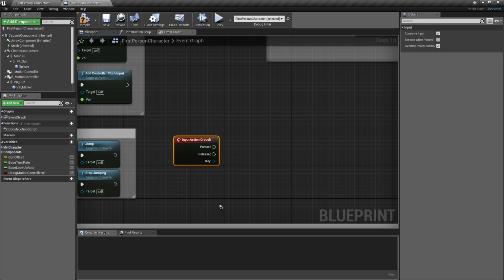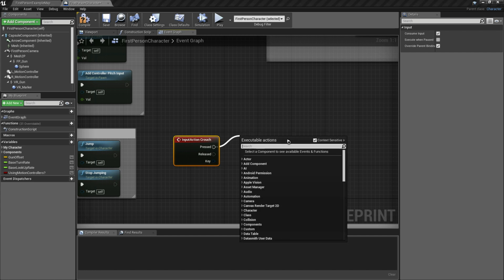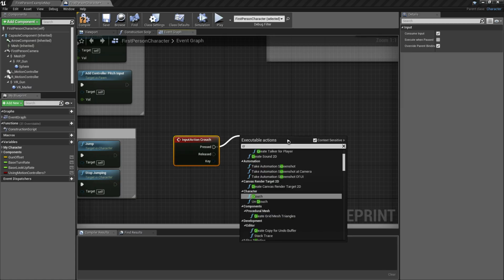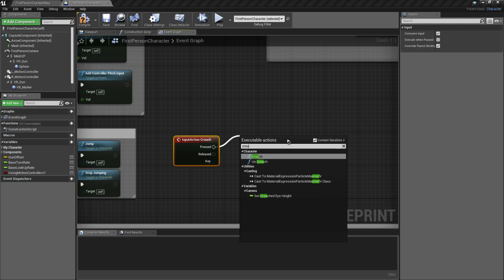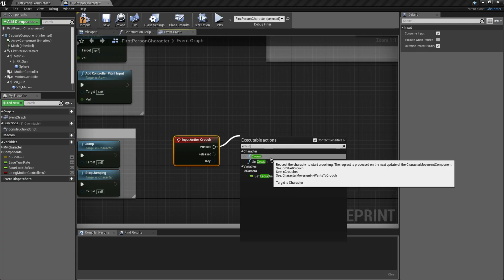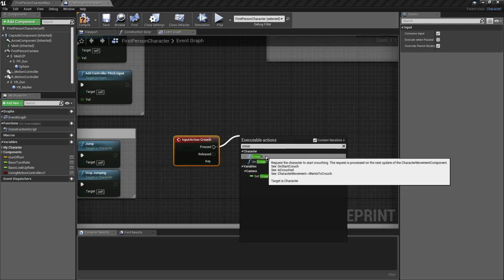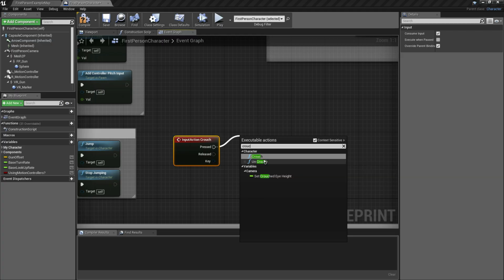All we need to do is connect the pressed of this node to another node. Actually, in Unreal Engine, we already have a built-in function for crouch. All we need to do is find that function by searching the word crouch. And as you can see, we have the crouch and uncrouch built-in functions that we can already use.